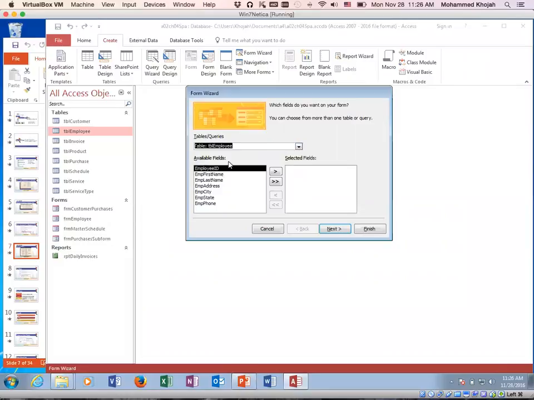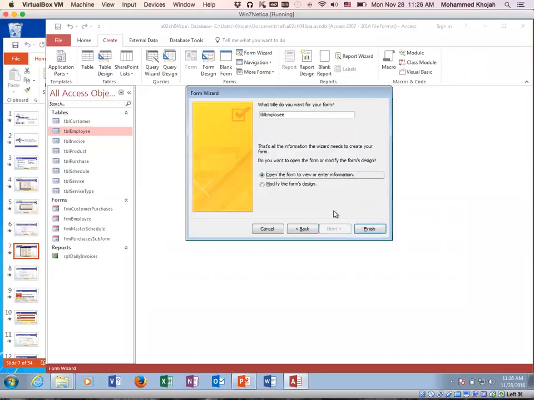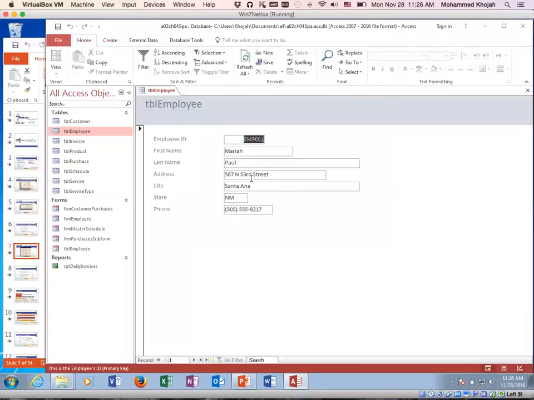My table is going to be employee. I'm going to add everything, all the fields. I can select certain fields, okay? There are different views there. I'm going to select the first one. These are for you to discover, so if you want to try different ones. I'm going to give it a name up there. And you click finish. So this is an employee form. If you go and click design view,